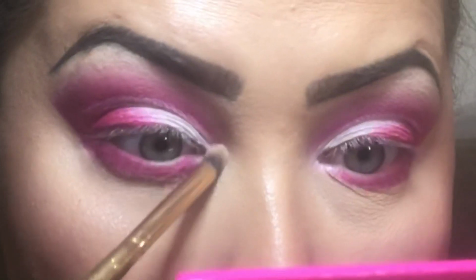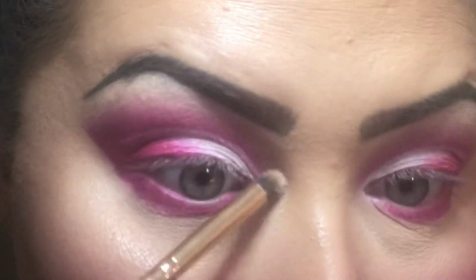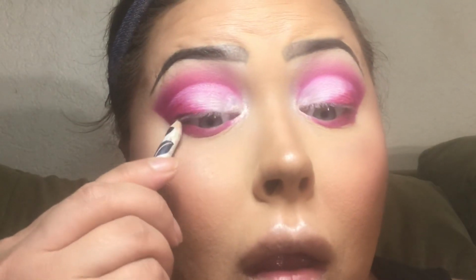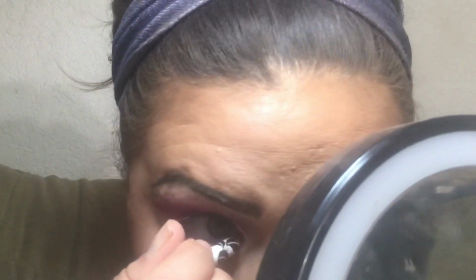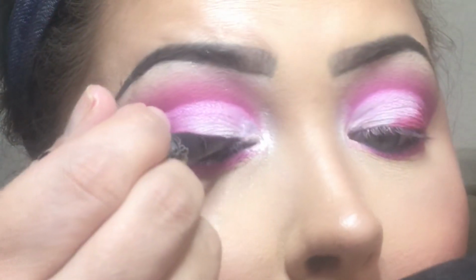And then I'm going to take the Ofra Nikki Tutorials Glazed Donut and pop that on the inner corner because there wasn't a shimmer light enough. And then I'm just going to rush through these parts. I'm going to go ahead and put on some liner, mascara, and lashes, and call this look a day,